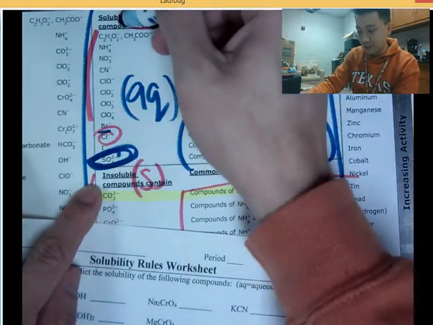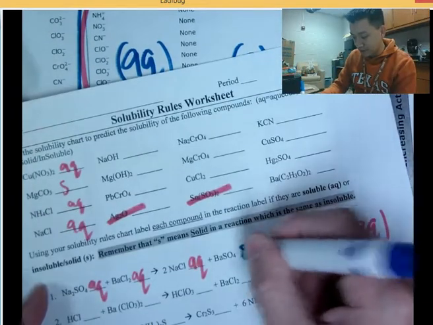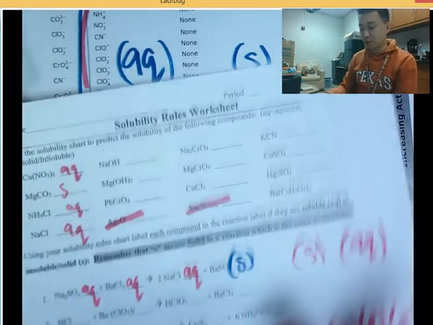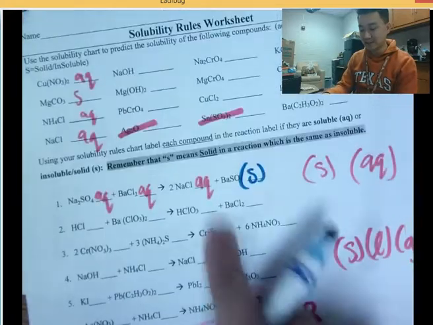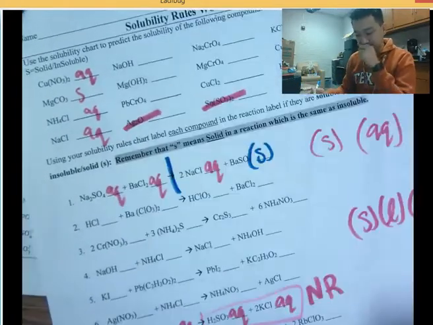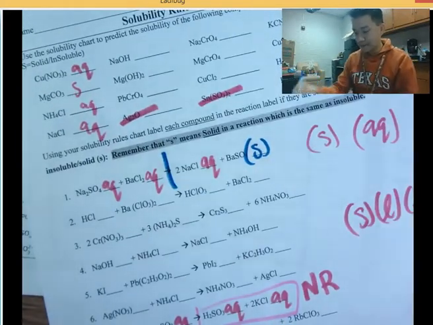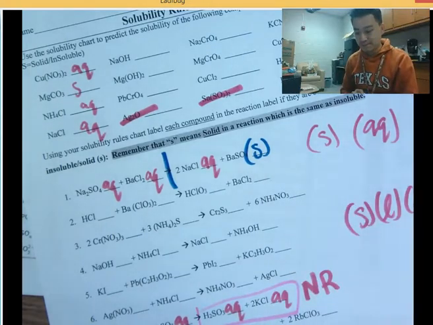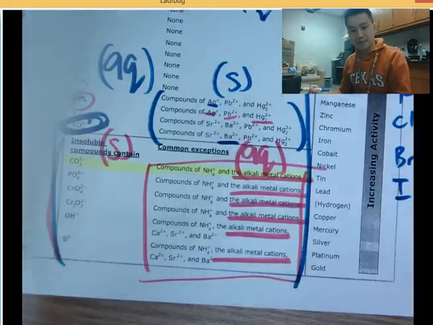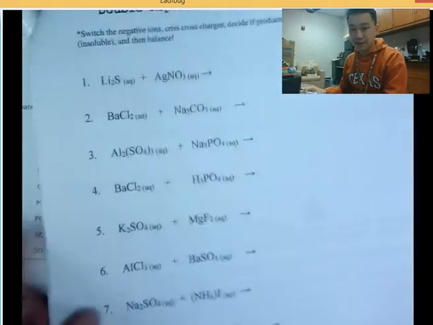It's soluble, but with Ba it's solid. It stays solid. So that BaSO4 is a solid, and so this reaction will occur because it has a solid on the product side. There's a solid. Okay? So you go through, complete this, and on the very next page,